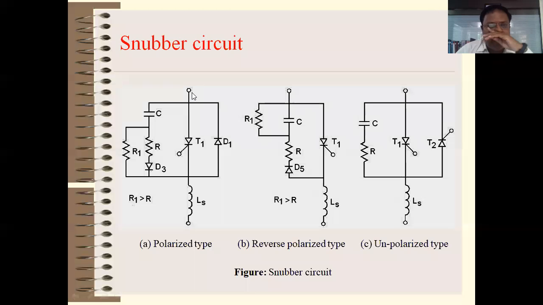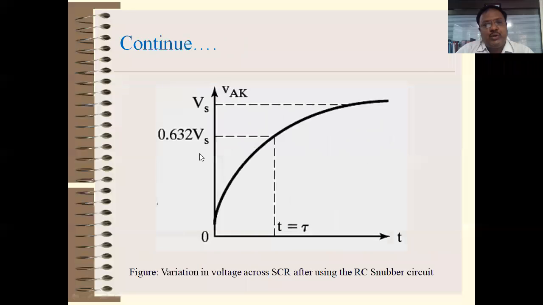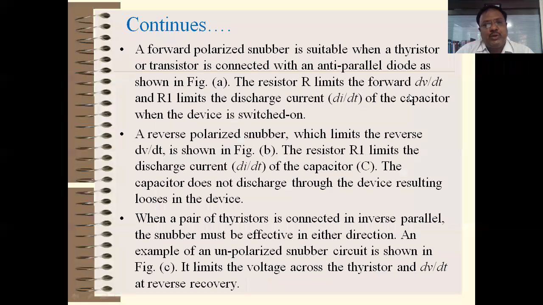Okay. The names are not given on the terminals, but if you see the thyristor T1, anode and cathode, so actually voltage is applied to anode and cathode, and sometimes when high voltage spikes come, the high voltage spike definitely has a very high frequency, so that is directly passed to the capacitor C and this resistor R1 and R, right? So resistor R limits the forward dV by dt, that is connected